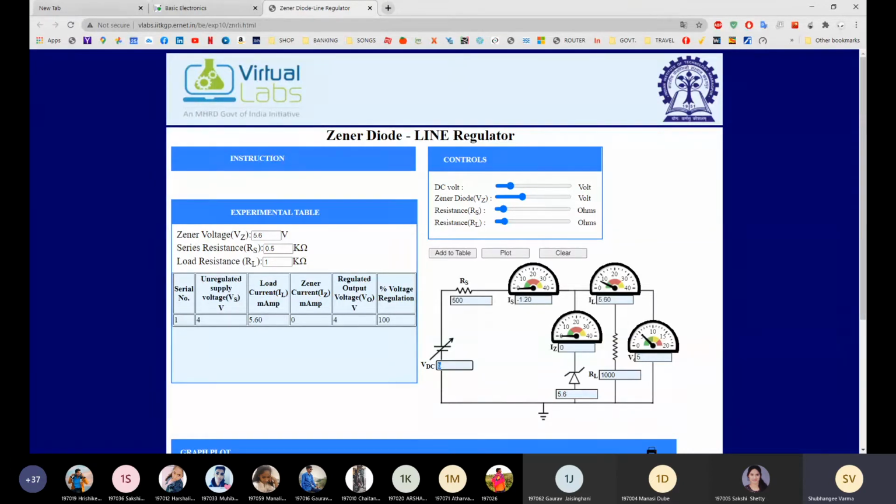See, exactly we are getting 5 volt. Okay, so 5 volt again you are getting the same reading because still we are under 5.6. That's why, instead of 5, we'll take the DC voltage for 5.6 or 6 volt. We'll take reading for 6 volt. Make it 6. See over here, now your DC voltage is 6 volt.